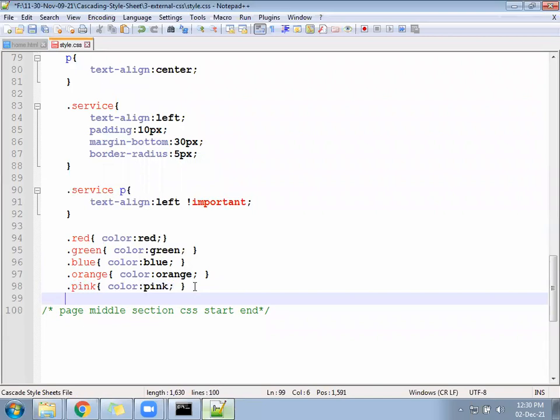One more, yellow: color as yellow. Red, green, blue, orange, pink, yellow.